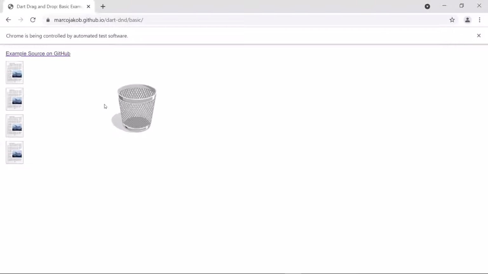I have got this drag and drop sample web application online. Here you can see that I can drag this document item and then move it to some different location. I'm going to drop this document into this trash element. See, the document is moved from its source location to destination location using drag and drop operation. Now let's see how we can perform this operation in Selenium.